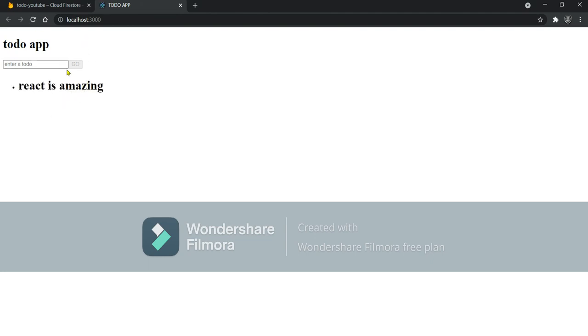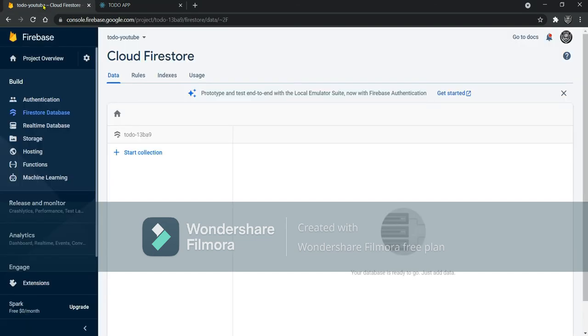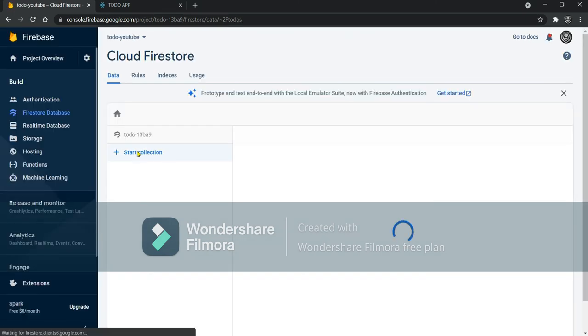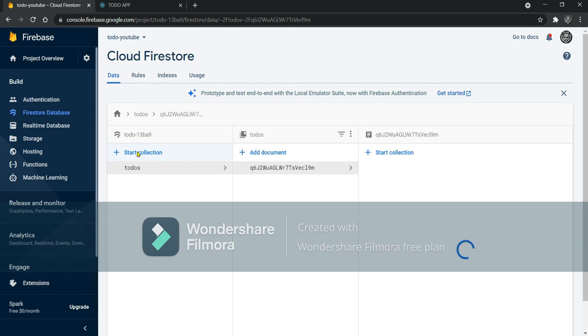We have connected with the database. Now let's check in the database whether this value has come there or not. I am going to the database and refreshing it. So you can see that React is amazing is appearing over here also. So we are successful in sending the data from our browser to the database.